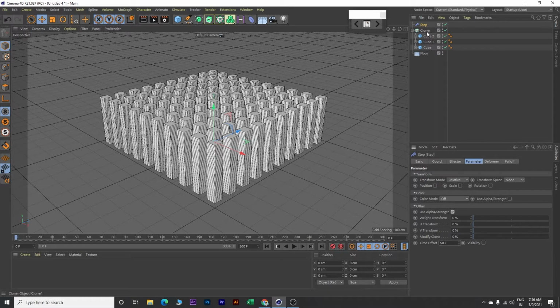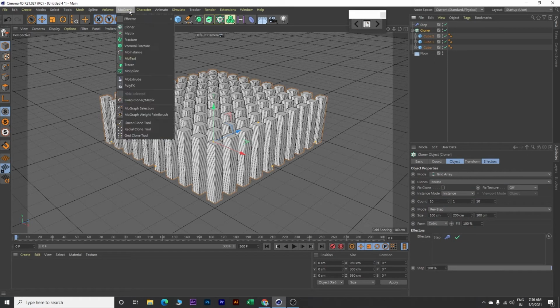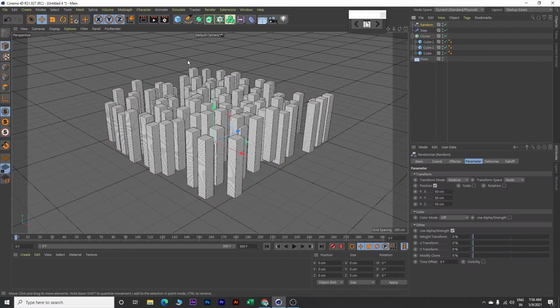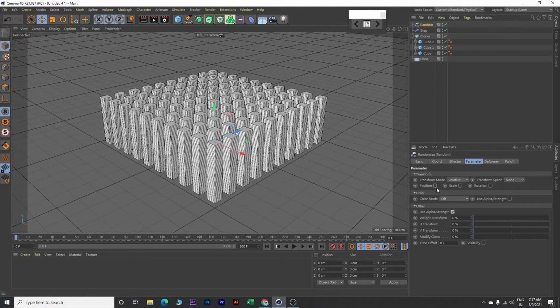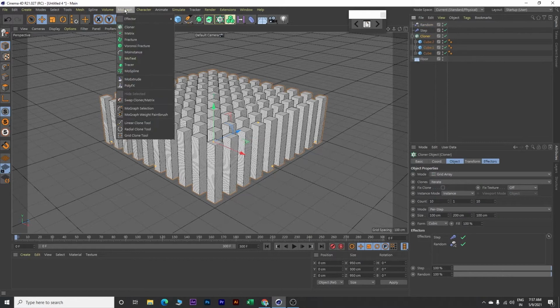Now again click on this cloner, go to MoGraph, go to effector and bring in random. Now come to this parameters and position, uncheck and time offset, make it 10 frame. Now again click on this cloner, go to MoGraph, effector and bring in delay.